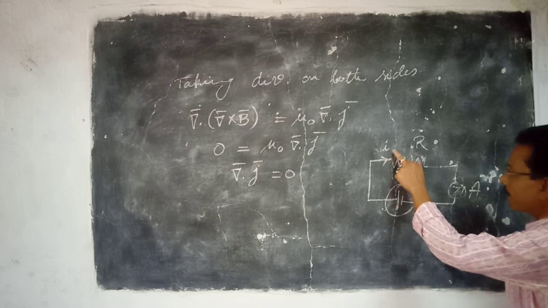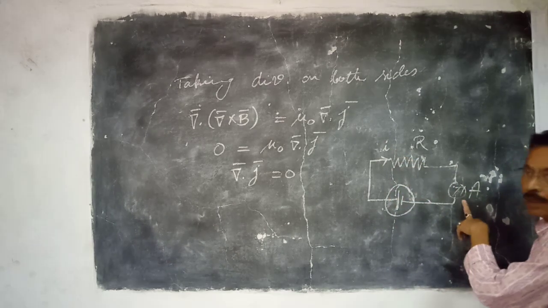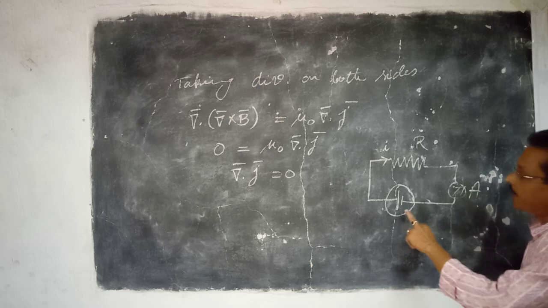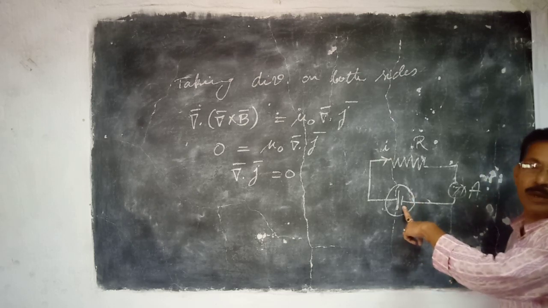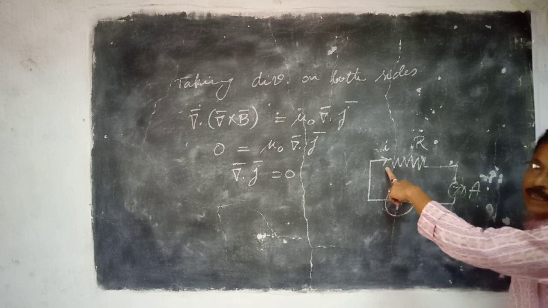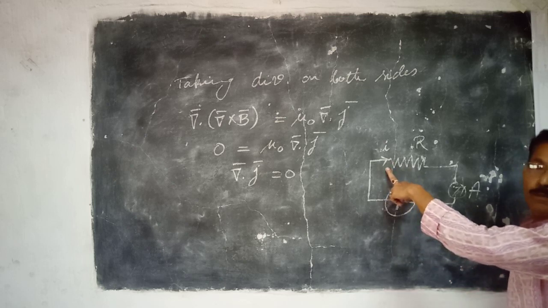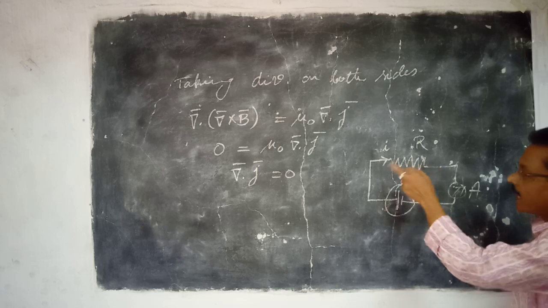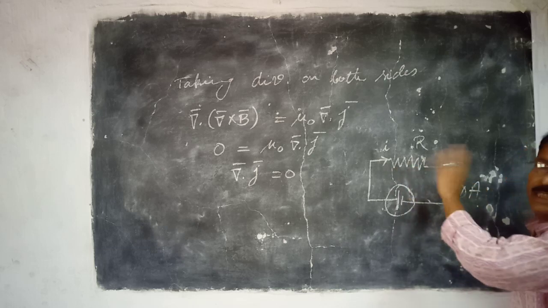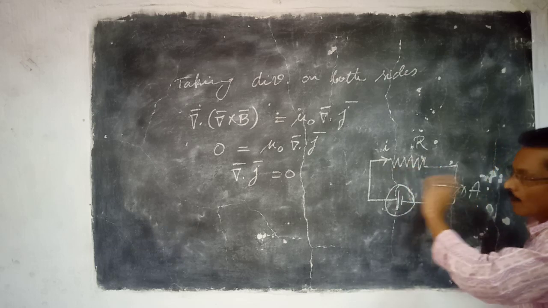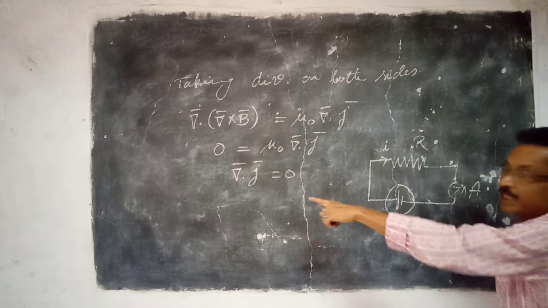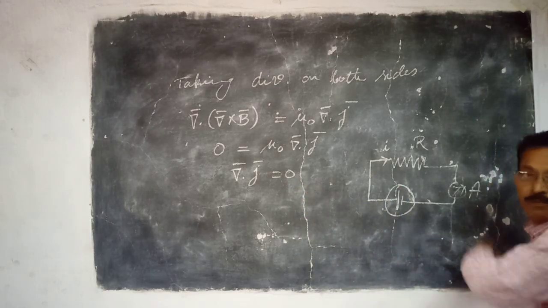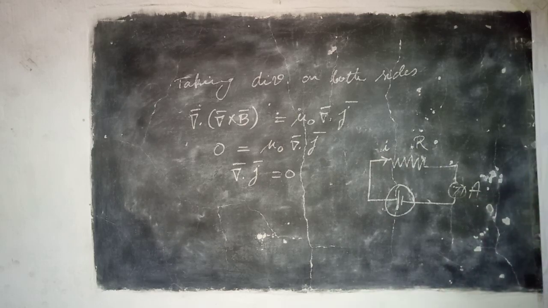So the current in the circuit remains constant at the expense of the charge of the battery. The charge is decreasing at a particular rate so that the current remains constant in the circuit. So as soon as the current is flowing through the circuit, there is a sink, but here it is not. So this equation is not consistent with the conservation of charge, which is called the equation of continuity.